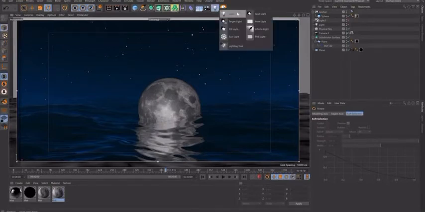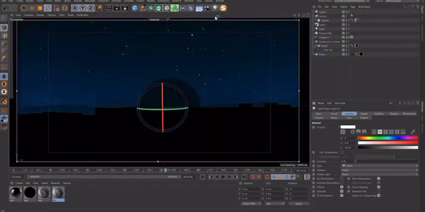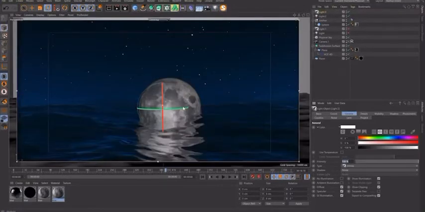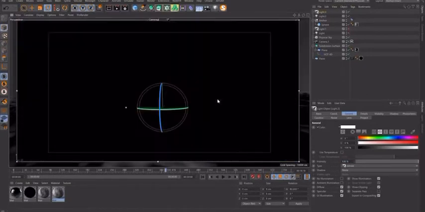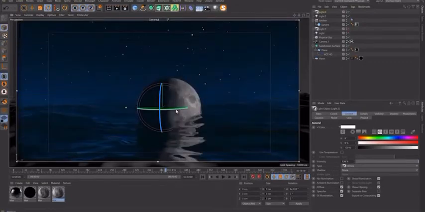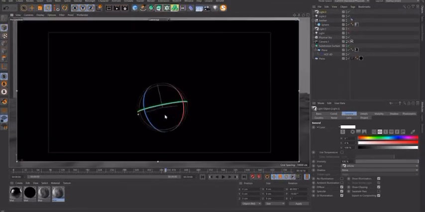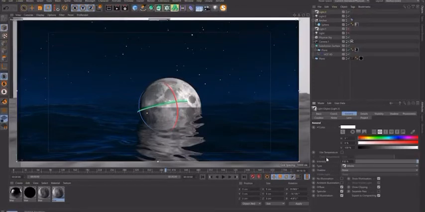So let's insert a new light and set its intensity all the way down to 0. And then I'm going to get an infinite light, which is omnidirectional, which means it will only appear from the direction that it's pointing from. So as I move it about, you can see the effects on our moon object. I want to create this kind of look where it's mostly lit at the surface that we are looking at. Something like this perhaps, and I can go to the light and set its intensity to 150 just to really